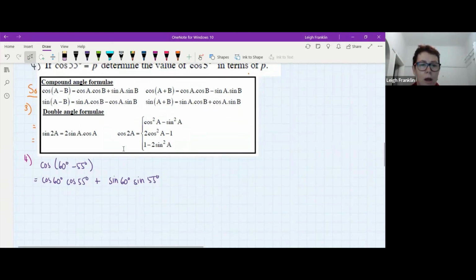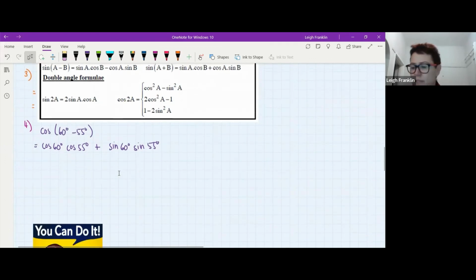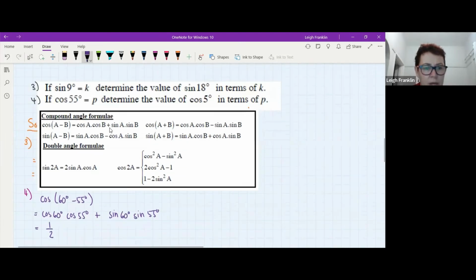Okay, so just to run through it then. So the cos of 5 can be written as the cos of 60 minus 55. We would expand that using our cosine compound angle formulae. Remember, it's cos, and cosine does not keep its sign. All right, now the cos of 60 is 1 over 2. The cos of 55 in this case would be equal to p, plus the sine of 60, that's root 3